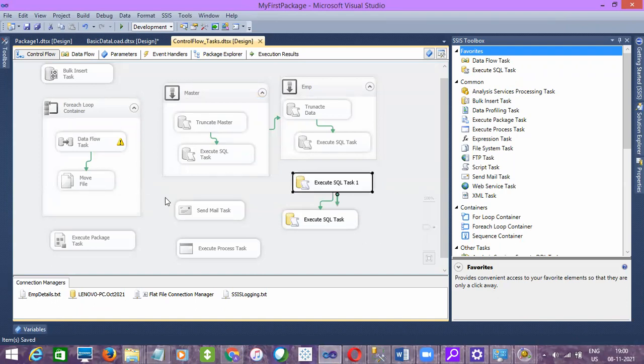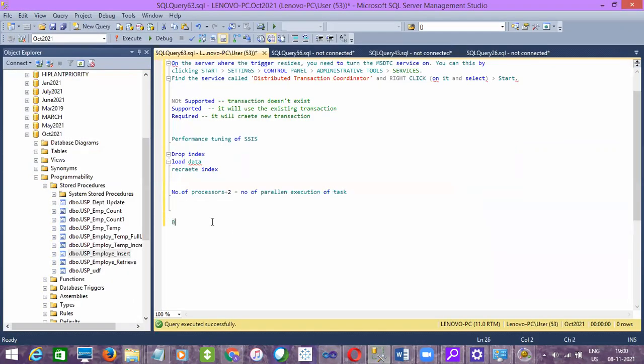And try to avoid blocking transformations. So there are blocking versus non-blocking, and the other naming for this is synchronous versus asynchronous.